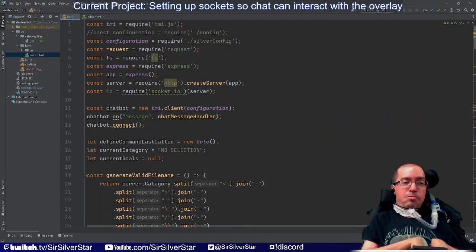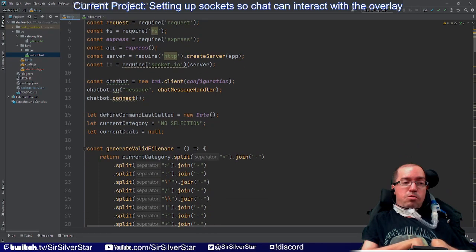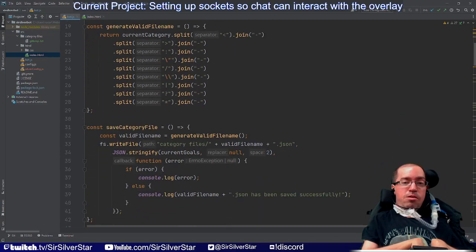You'll notice that we have the socket IO package under the IO constant. Just like how we have up here a listener for the chatbot that whenever we receive a new message, we have a handler that does something with the message event,